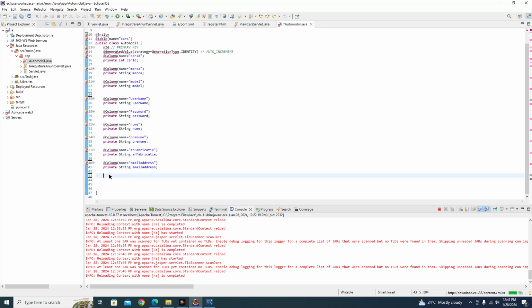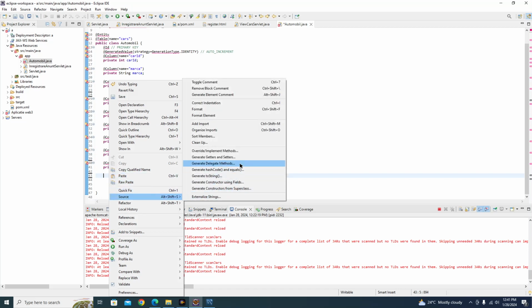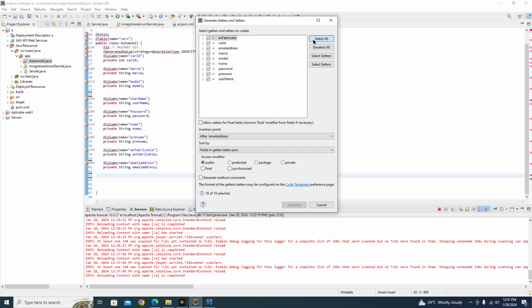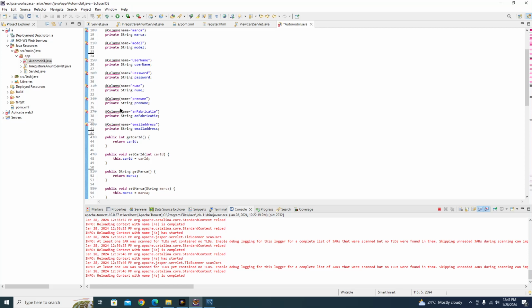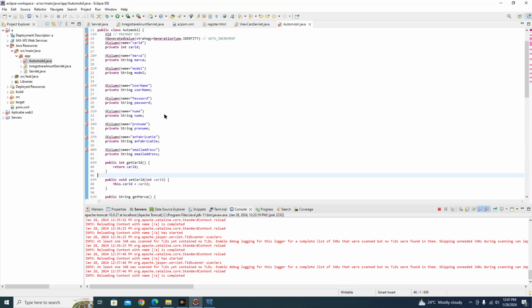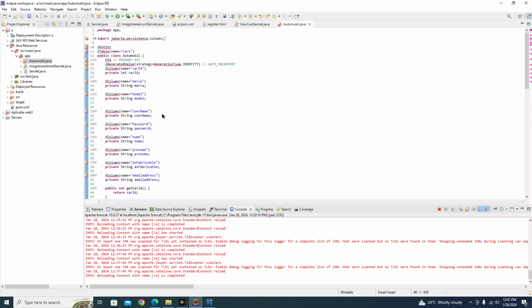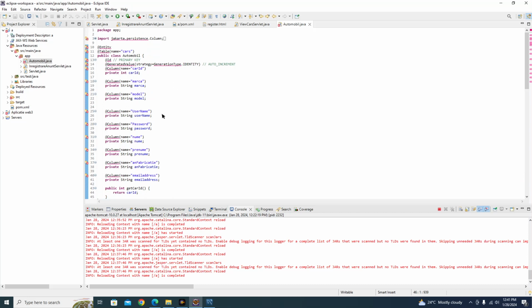And I'll just right click here and go to source and generate getters and setters, so you don't have to write them manually for all of them. You just click this button, and now they are all created. I will save the servlet, and